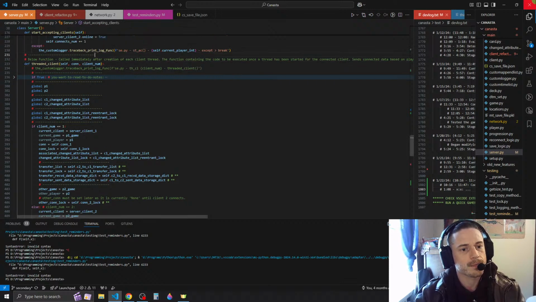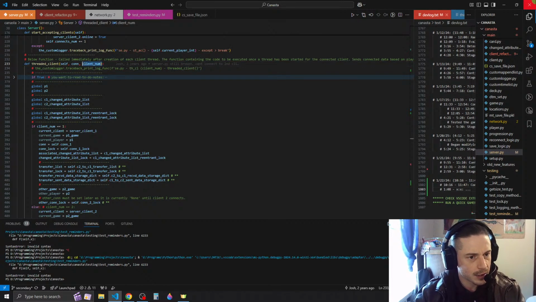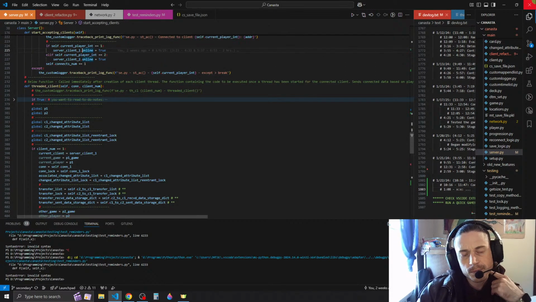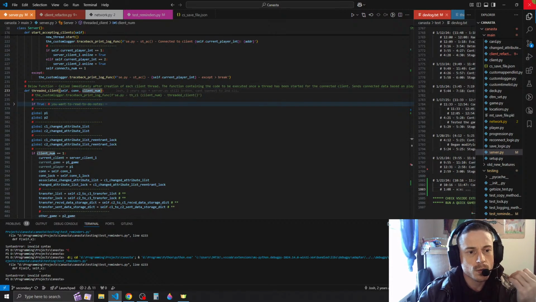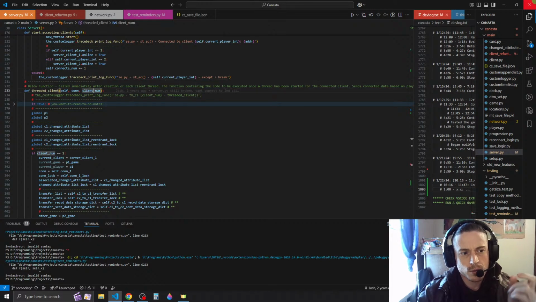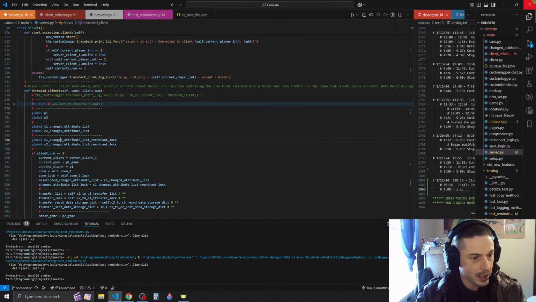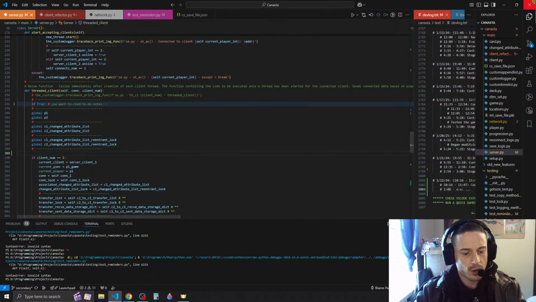So we actually would not pass in the client num, but instead we wouldn't pass in anything at all, because we would be updating the actual self client num attribute, which means that we would just pass the self into this function, and then at the beginning of this function we would have code that